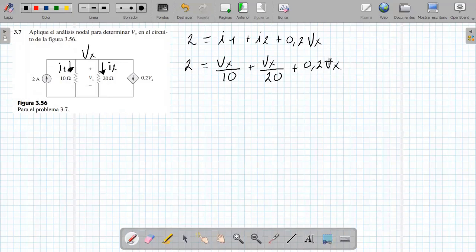Now, well, we know that all the equations are in terms of Vx. So, if I add all this, 1 over 10, 1 over 20, plus 0.2, I get that 2 is going to be equal to 0.35 Vx,